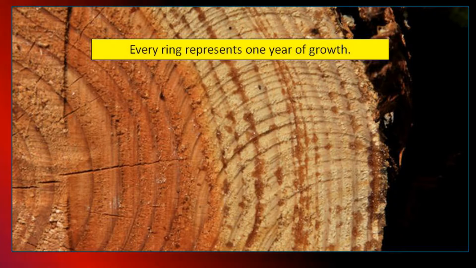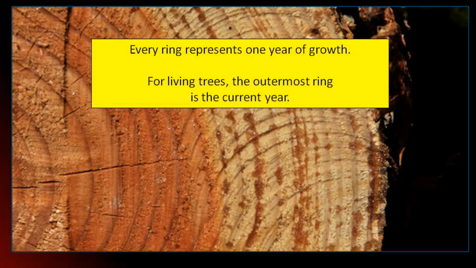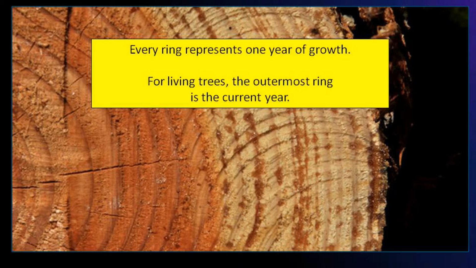But all these trees can be studied, and then we can find trees, extract cores from the trees, or cut trees down or whatever, and we can then say, well, the outermost ring of the tree is the current year, so then we can work our way backward all the way back to when the tree first started growing. And some trees live thousands of years. I mean, we don't have such trees in Nebraska. We don't have such trees where I live in Indiana, but I don't live in the sequoia forest or in a redwood forest or something like that.